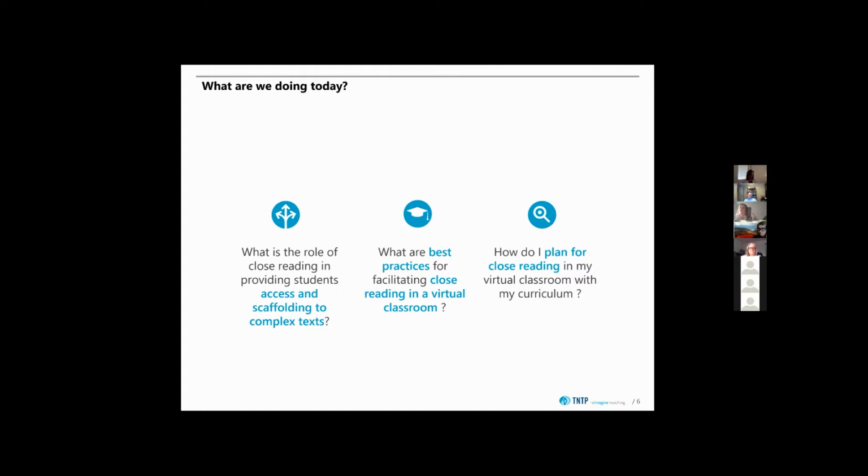So what is the role of close reading in providing students scaffolding to complex text? What are some of our best practices for facilitating close reading in a virtual classroom? And then how do I plan for close reading in my own virtual classroom? And we're going to start with this question of really what is the role, and understanding the role, of close